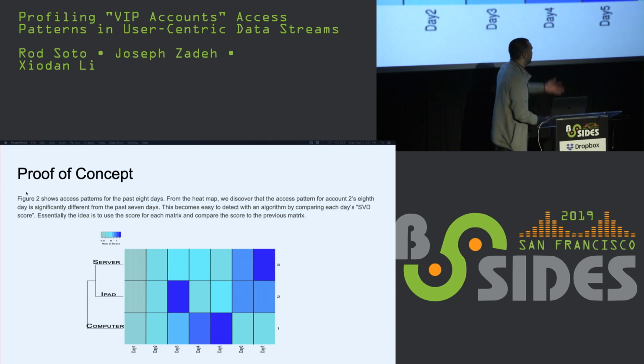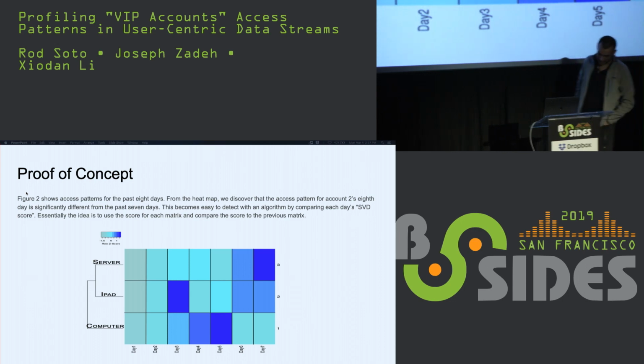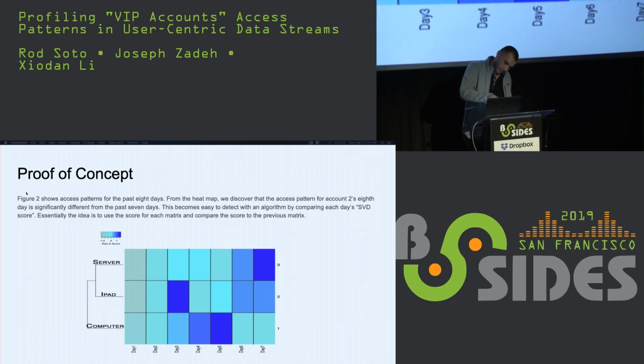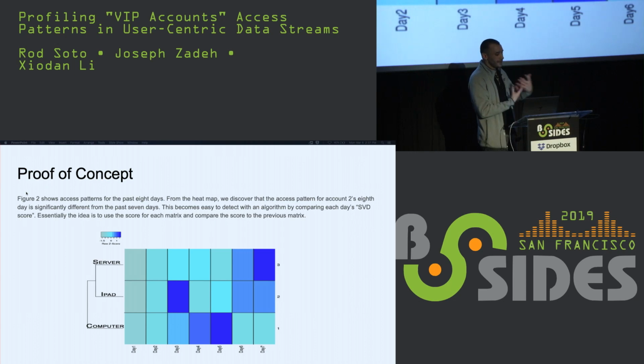The day they were fired, or maybe the last 2 days, their heat map history here, which I had a picture of, and I'm sorry, I think I screwed the slides up somehow at the last minute. But basically we add one more day of information, and intuitively in the coloring of the access patterns, there's a really noticeable deviation just with the naked eye. The way we're able to hack together an algorithm that targets that intuition is for every